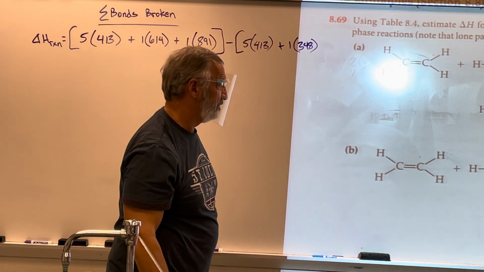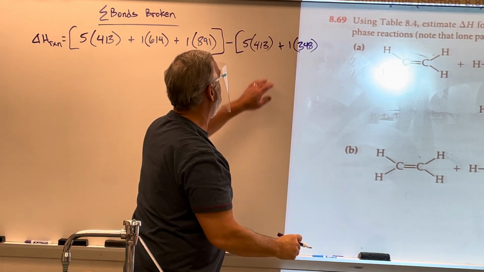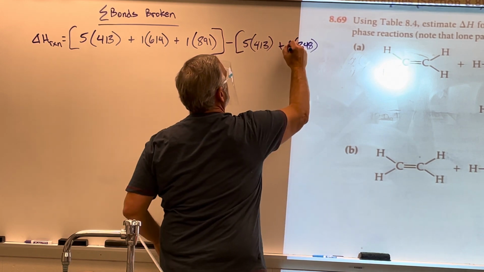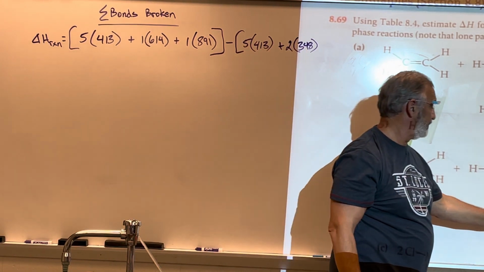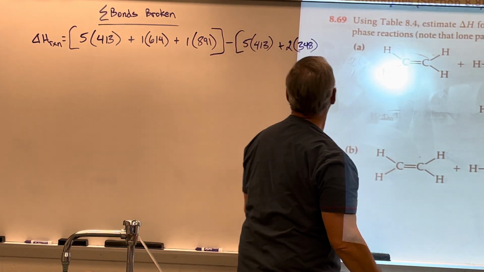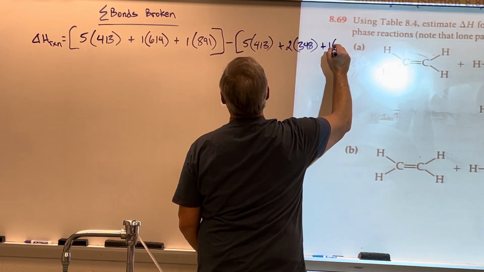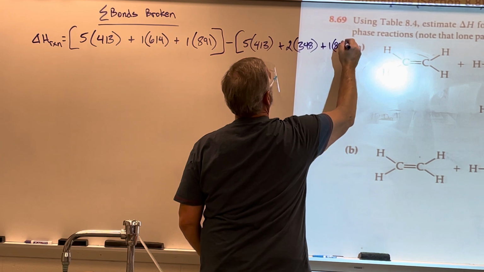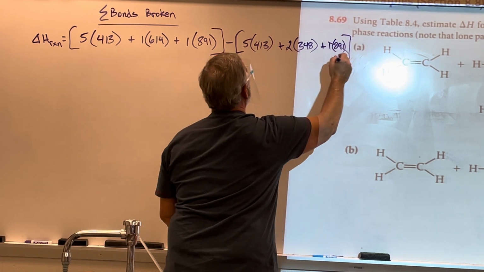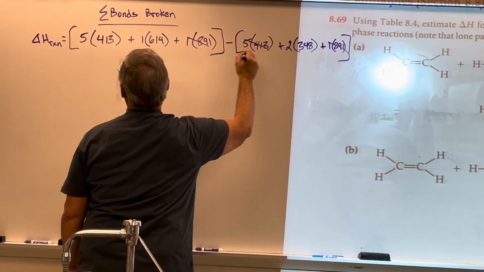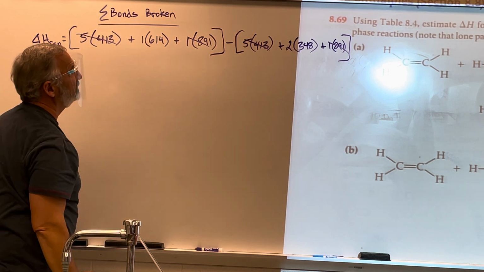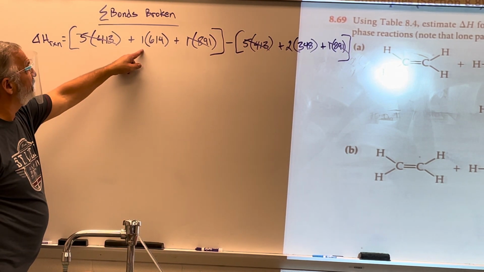Oh, there's 2 of them. You're absolutely right. Okay? 1, 2. And then the carbon to nitrogen triple bond, 891. Now, 891s cancel, 5 times 413 cancel. So you end up with 614